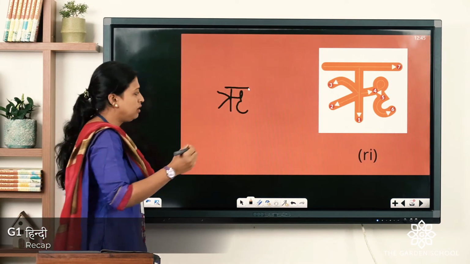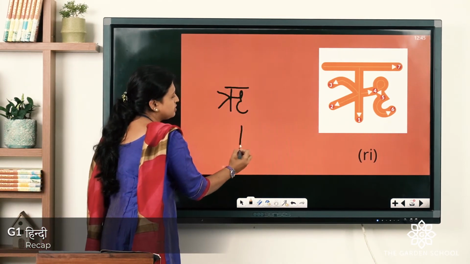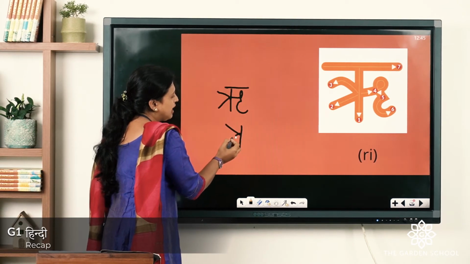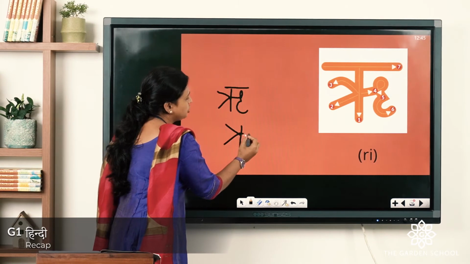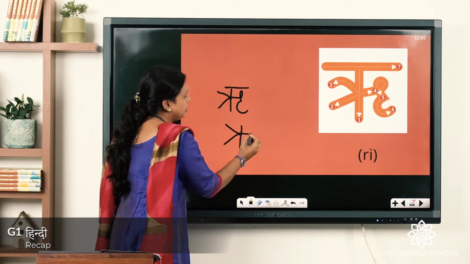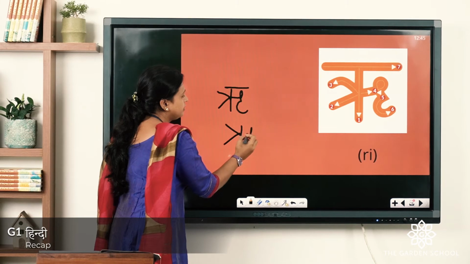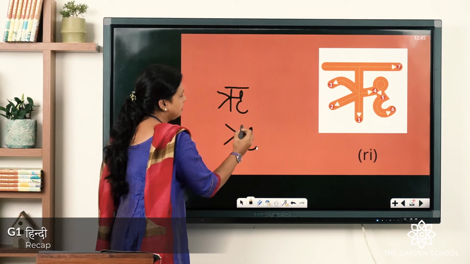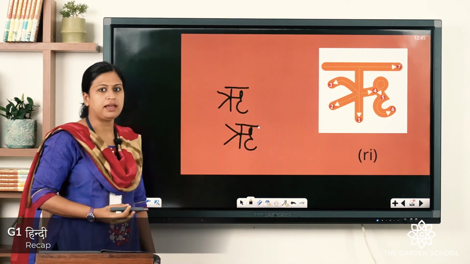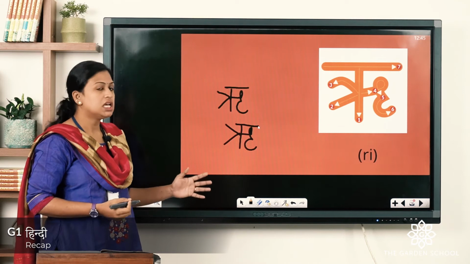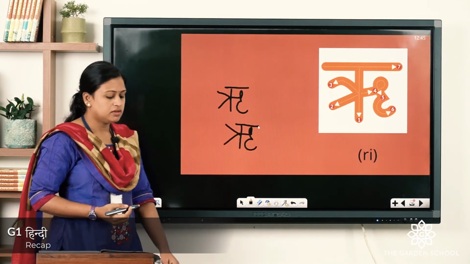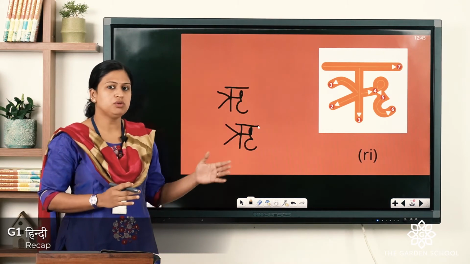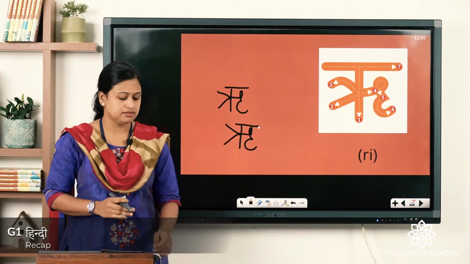So, once again I will tell you. First, draw a straight line, a slanting line on the top, a slanting line at the bottom, a short sleeping line. It should go up and then an inverted C, and on the top a sleeping line. So, this is the Re vowel. You have to practice this in your notebook. With practice only will you be able to write these letters.